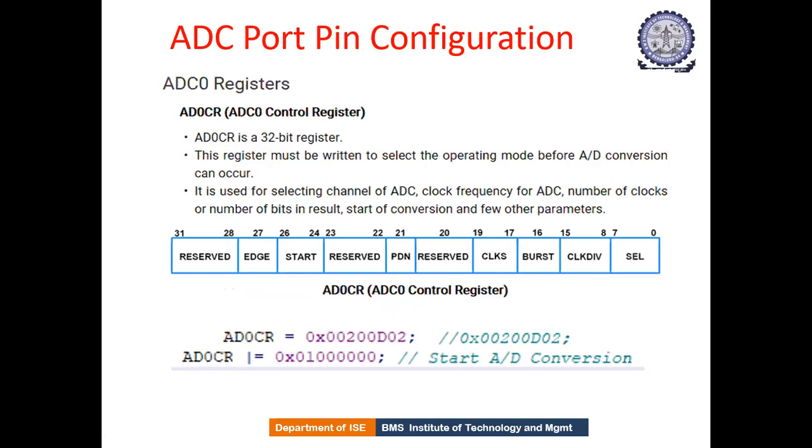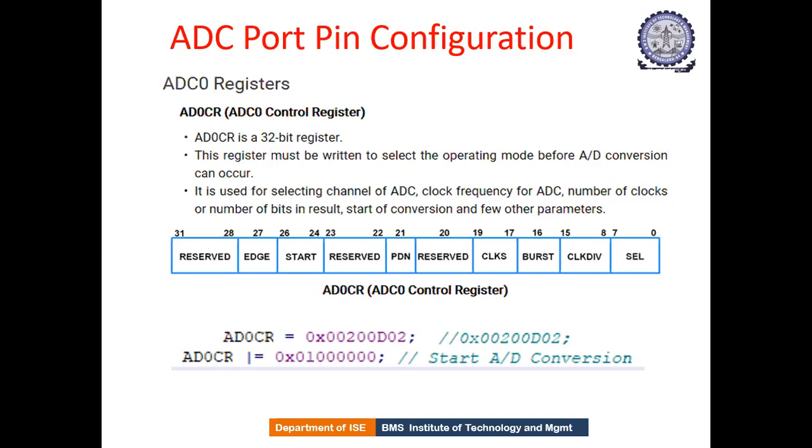Here you see the pin diagram of the control register, specifying exactly what data should be moved for the analog to digital conversion. This is AD0CR, which means we are making use of ADC0. We have two ADC converters, ADC0 and ADC1. We are making use of ADC0. In ADC0, we have something called the AD control register. The AD control register contains all the operating modes in which the ADC can work.